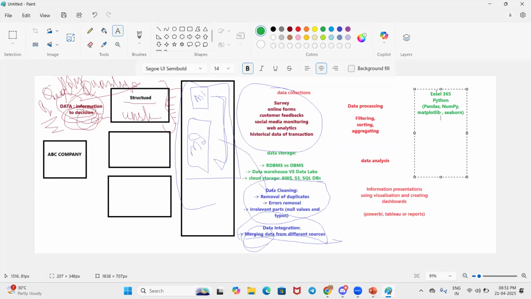So what all it includes in Excel, and what all it includes in the programming language, that is Python. And also we have MySQL. So MySQL is a storage tool. So where we will be